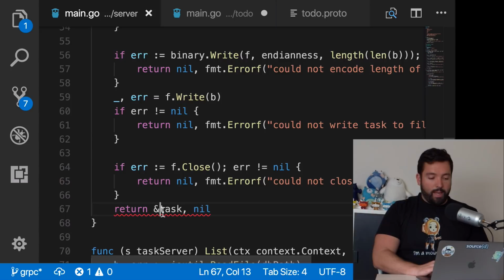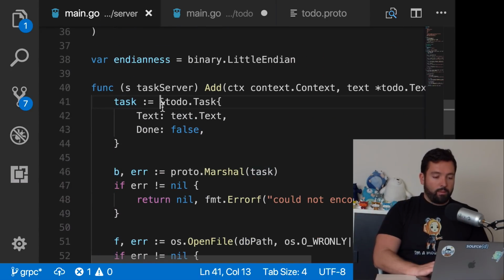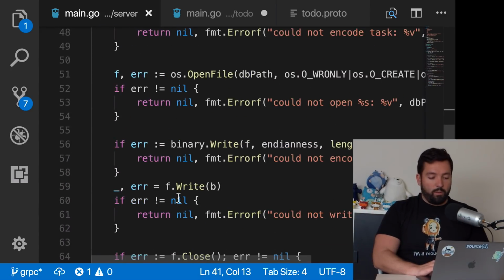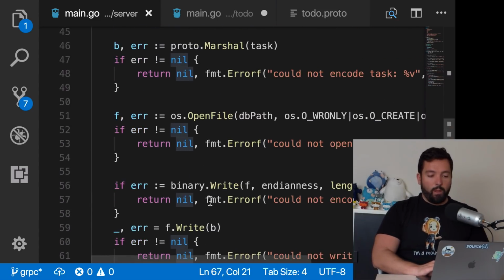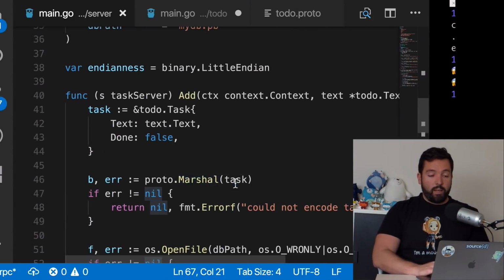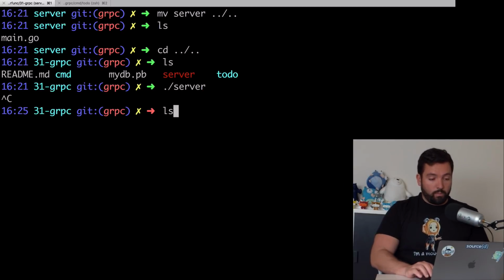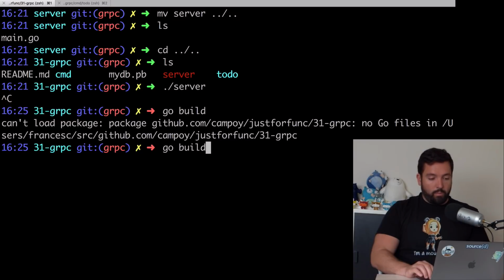Except that is a task. Oh, okay. So that's already a pointer, so we don't need to do anything else. We just can return that. So now everything works again, and our server has go build. So go build